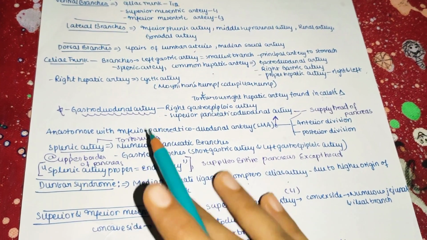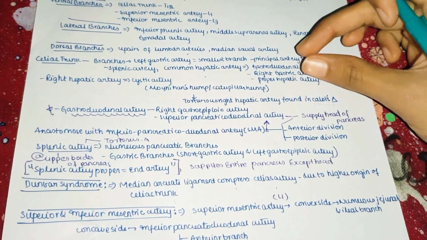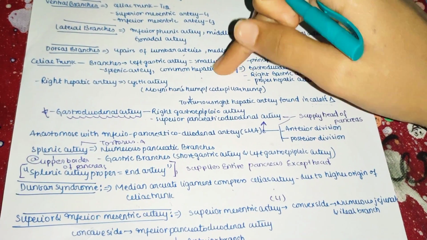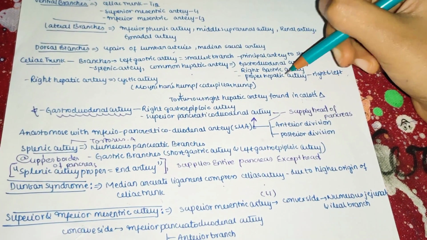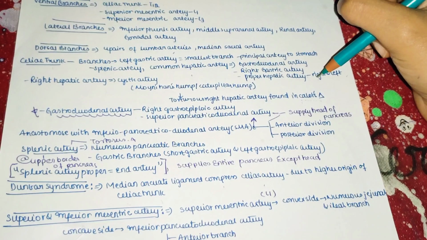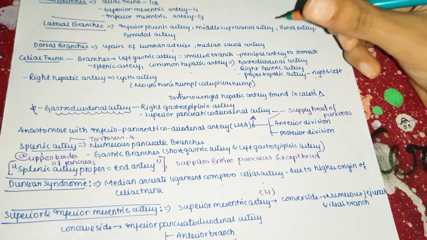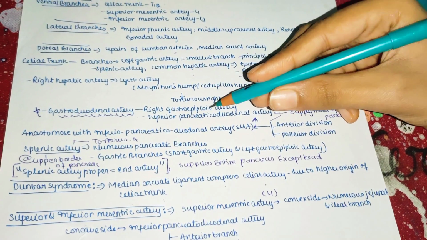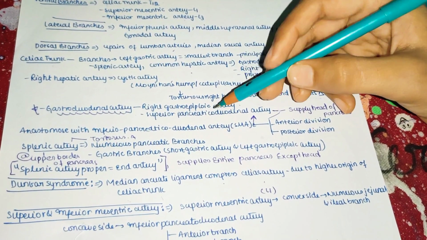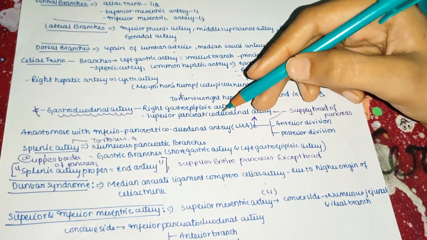Now let us discuss the branches of gastroduodenal artery. So actually we have taken this common hepatic artery branches and they are giving sub branches. For example, we have seen that the right hepatic artery is giving cystic artery as its sub branch and the gastroduodenal artery is having different sub branches like right gastroepiploic artery, superior pancreaticoduodenal artery. So these are the sub branches and